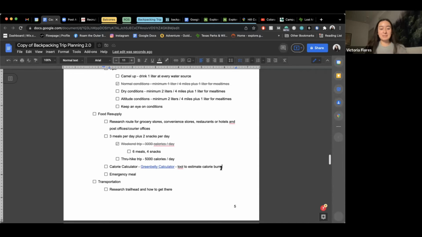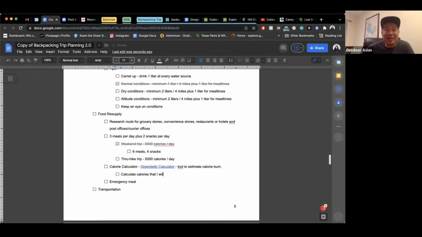That's something that I've been meaning to get better about, because I remember one time I just ate like a bag of chips beforehand. It was horrible, horrible. So yeah, calculate calories. Some people are really good at it. I've never calculated the calories that I eat, but I probably should, because it's fuel. And on some hikes, I tend to just get a little tired, but if I fuel up,